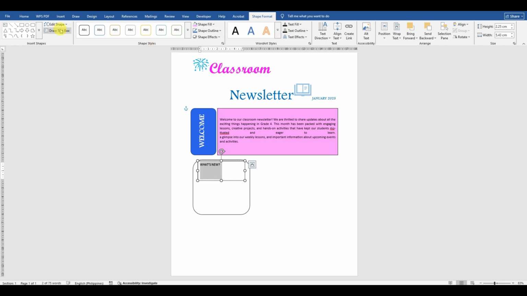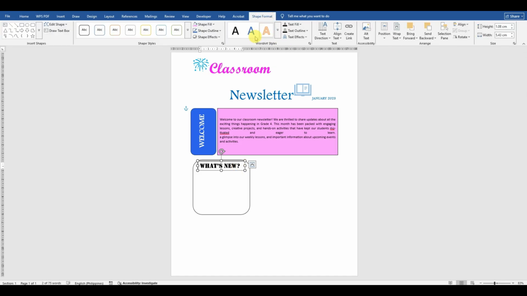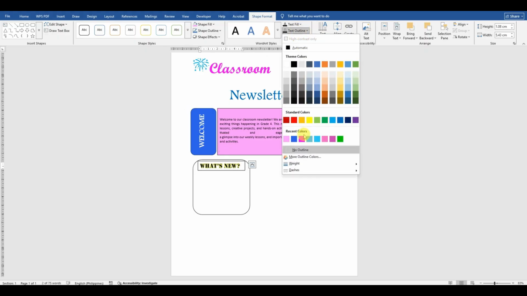and then you can adjust, just go to Home. So you can change the font style and you can also change the size of the font. Then you can just move it. If you would like to have some design on this one, you just have to go to Shape Format and you can utilize the WordArt styles, the one that I showed you earlier. Click on this arrow, or you can do this. There is actually some text outline if you'd like to have it colored to be more